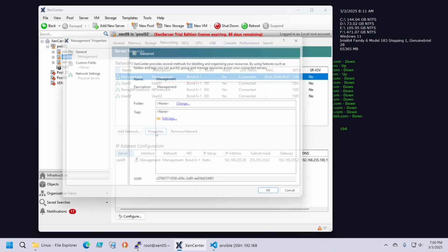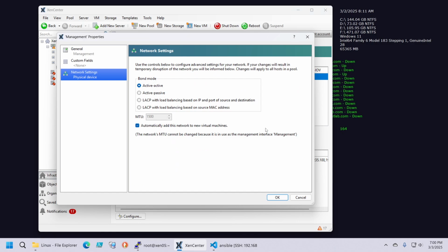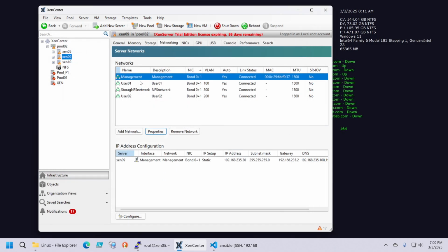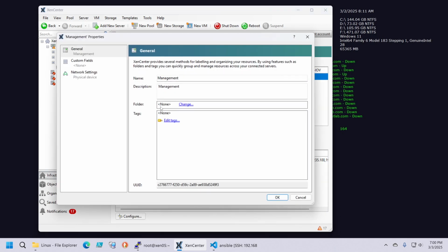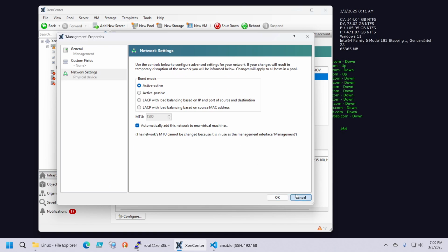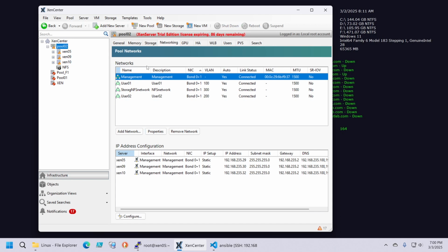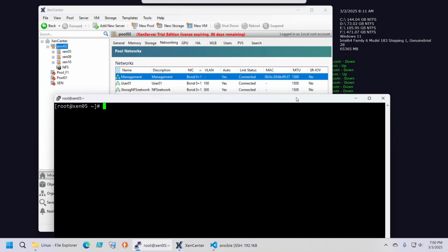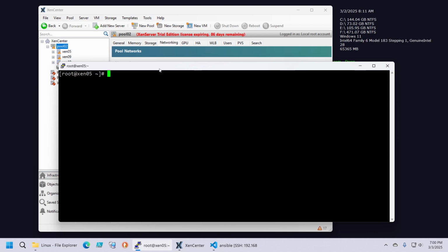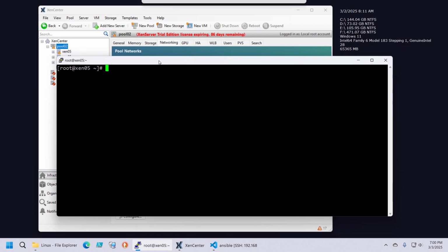But if you have a lot of pools, then maybe we should try to do it with a different option. The next option, I will take you through the steps on how to do it via CLI. We will just open the console on the pool master, and we will first need to get